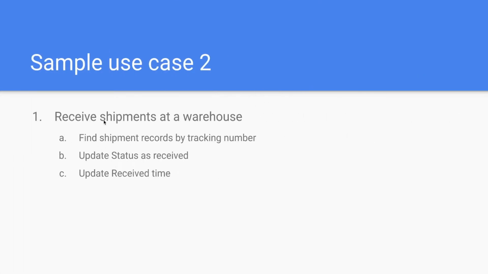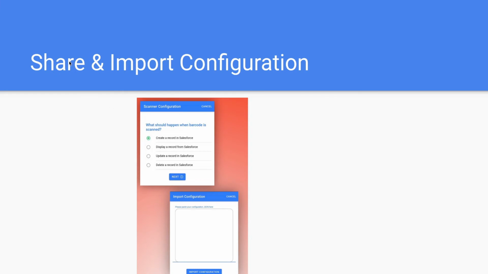And that basically covers the scenario. Basically, when shipments are received at a warehouse, you will find the shipments by the QR code tracking number, and then update the status. So this is basically demonstrating that this app is very configurable. You can configure it to do any use case. I will cover a couple more use cases, but before that, I want to highlight that we can share